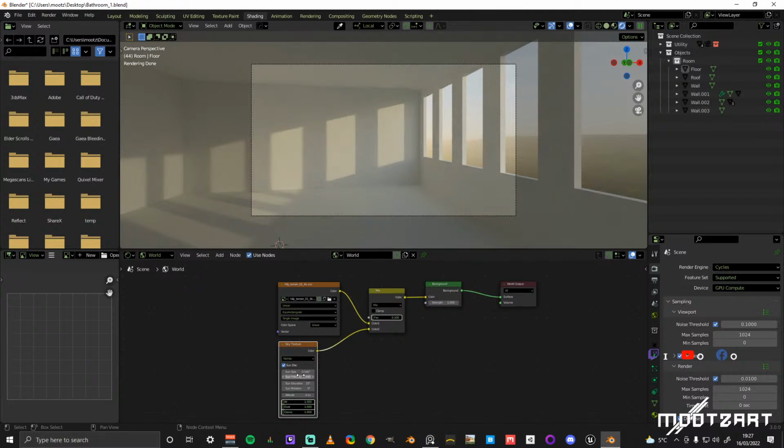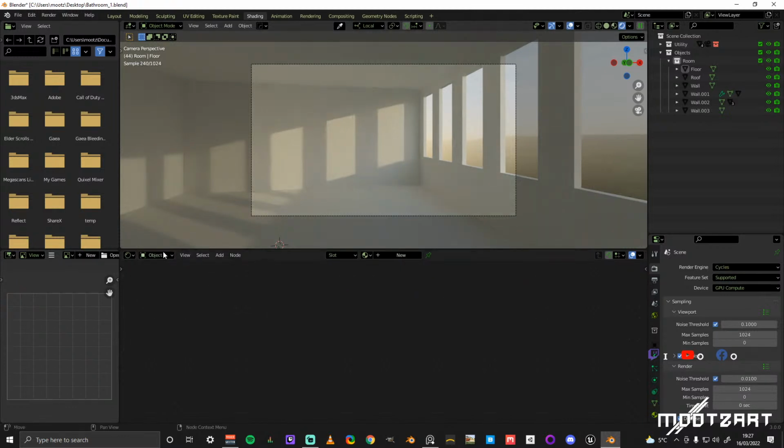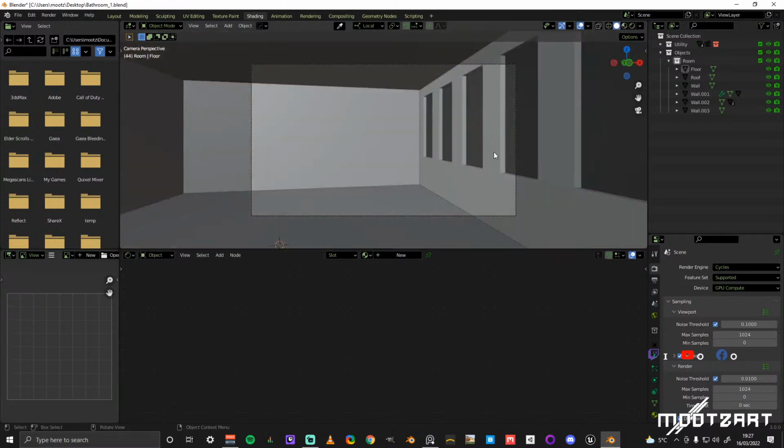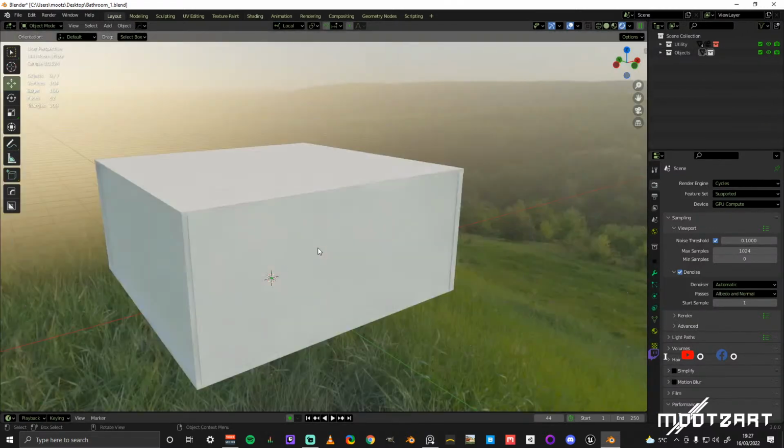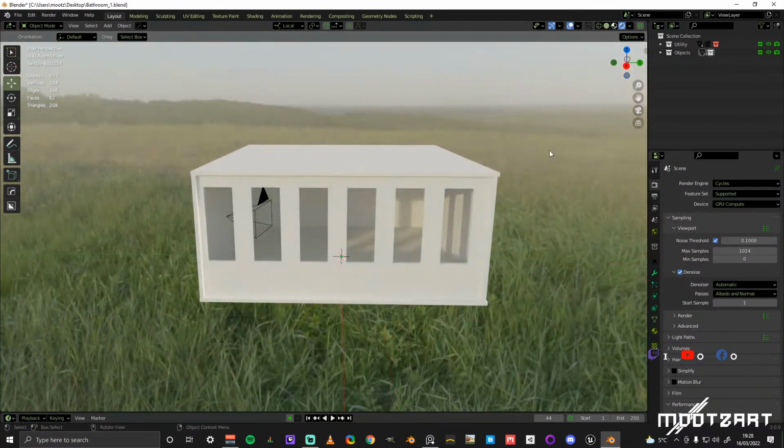So let's just stick with this. We could always play around with some of these things, but I'm just going to leave it at that. We've got a decent enough lighting setup here as it is. So I'm going to go back in to the environment,